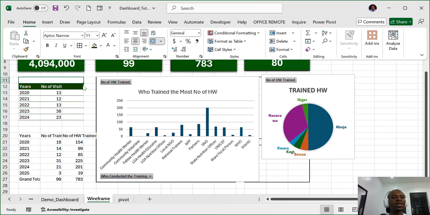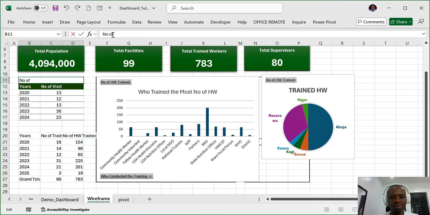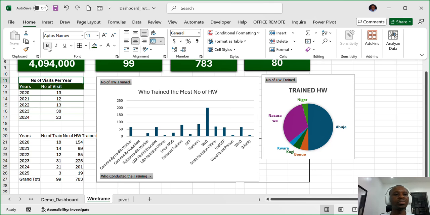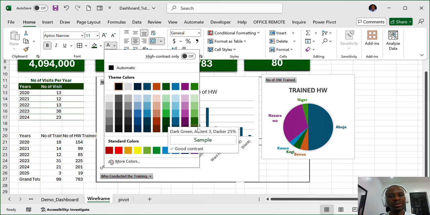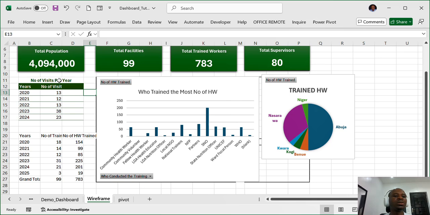So what's the name of this visual? Call it number of visits per year. All right, I can make that bold, and let the color be that green. The green we'll be wanting to use. Okay, so the same thing, I would want to do away with this and move this table a little bit downwards,